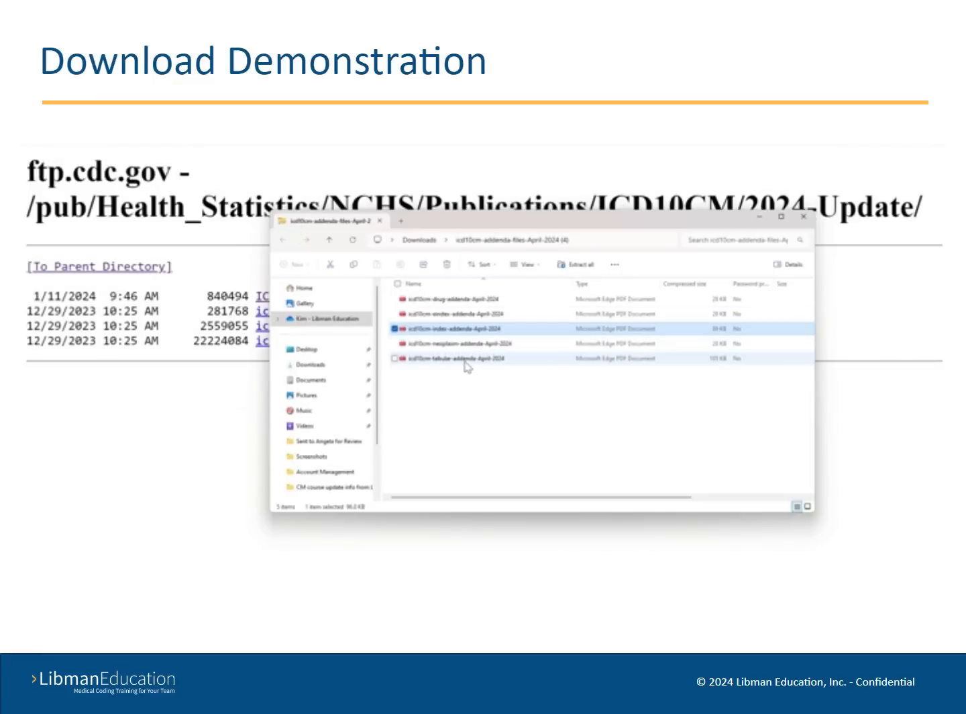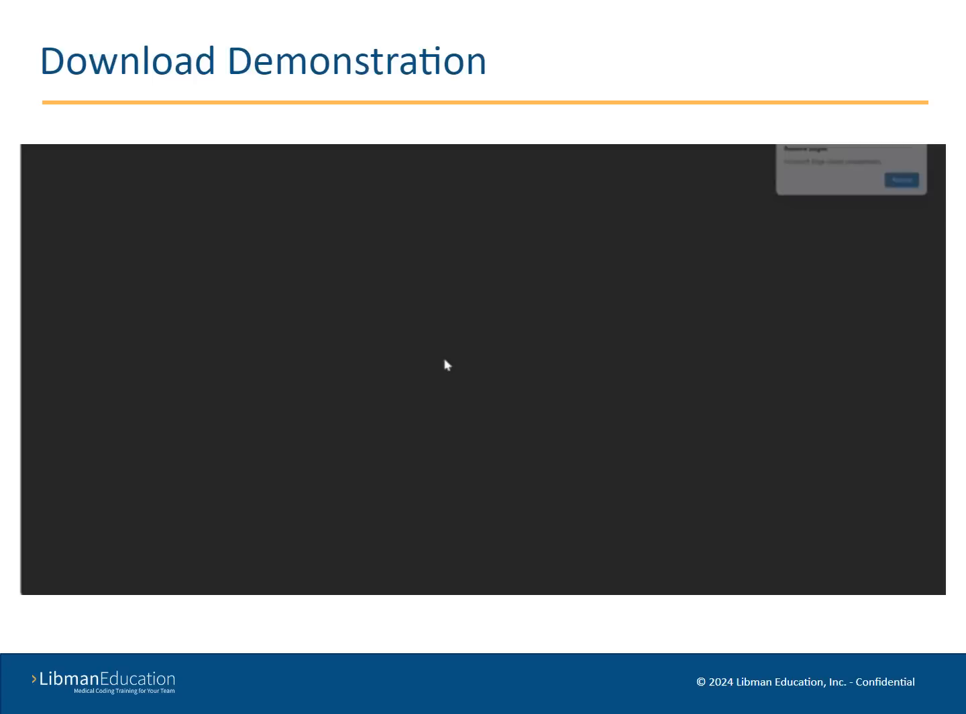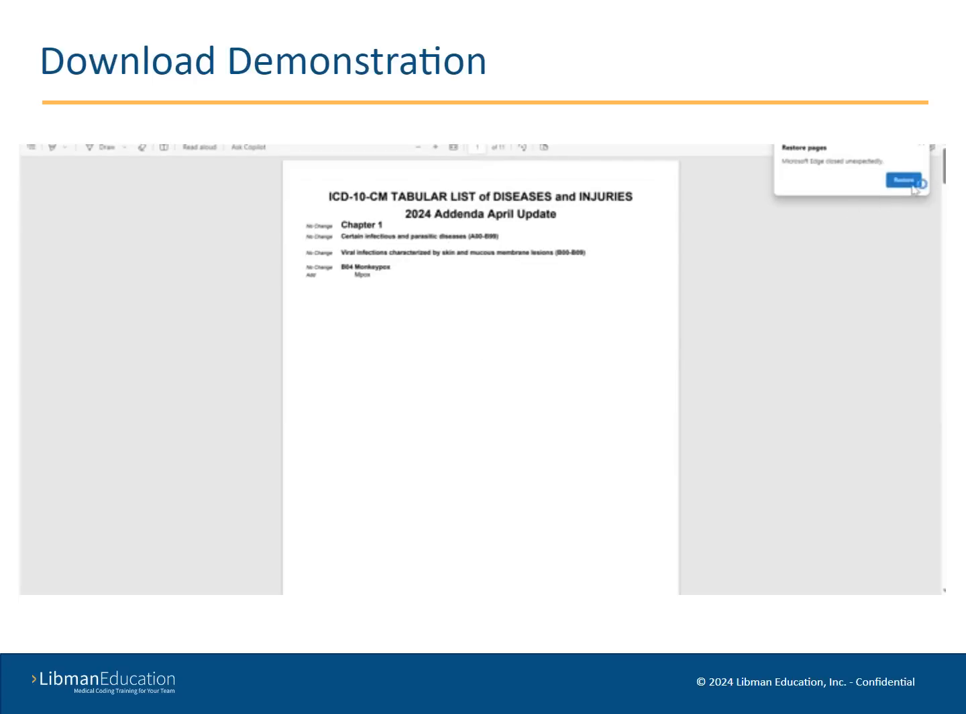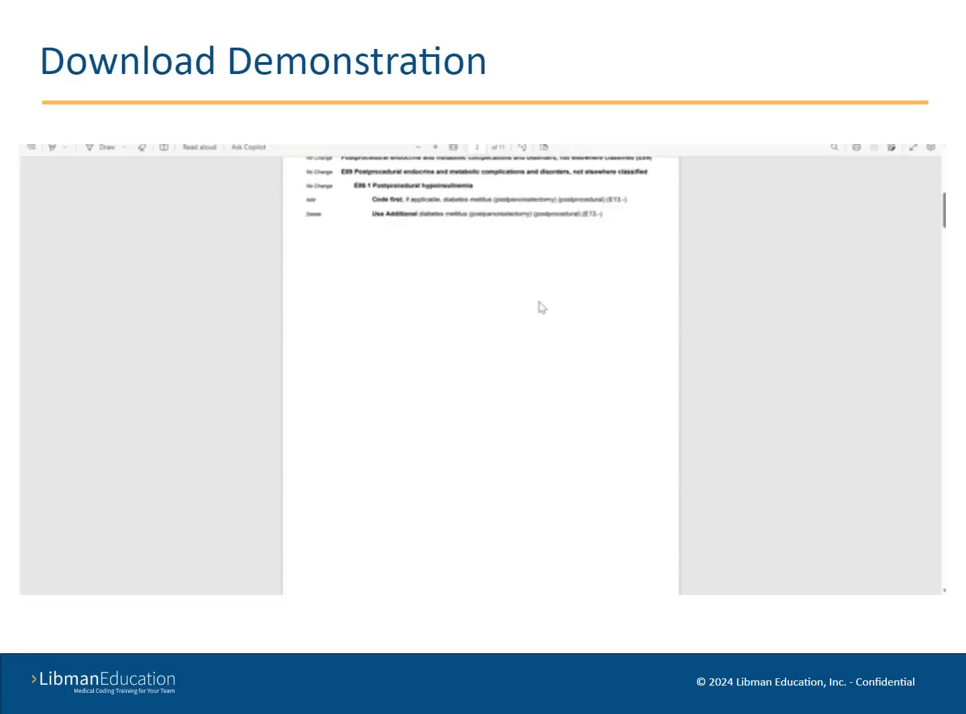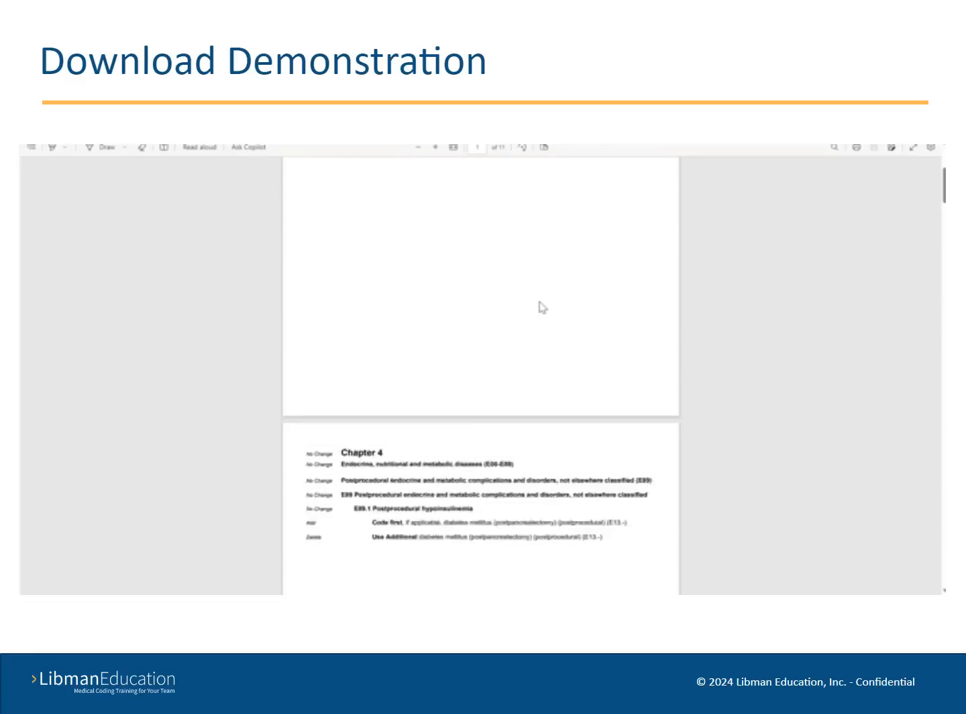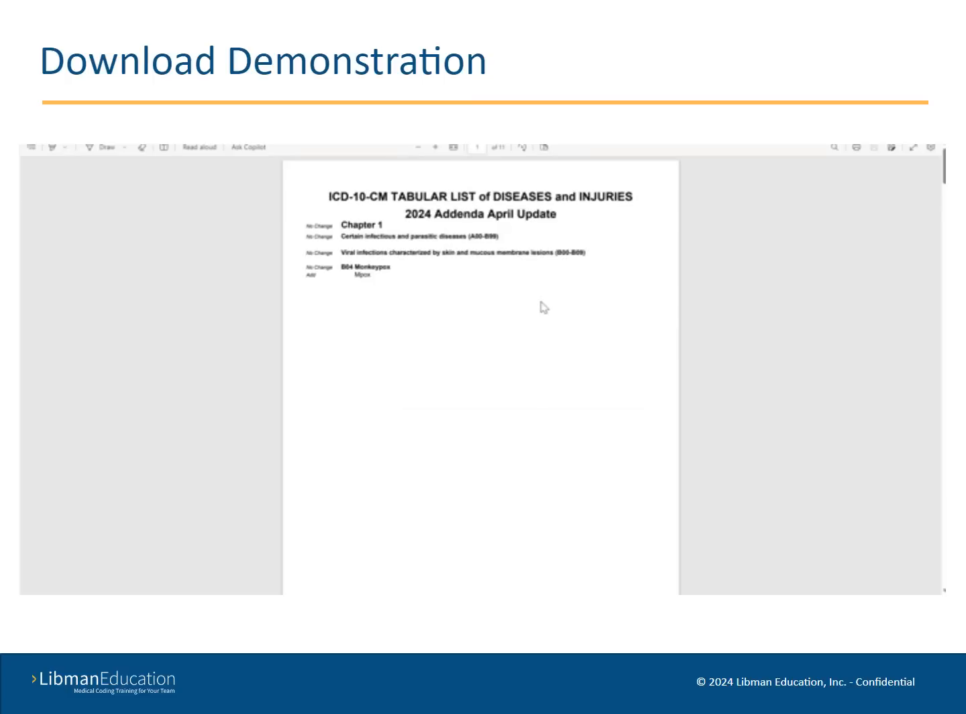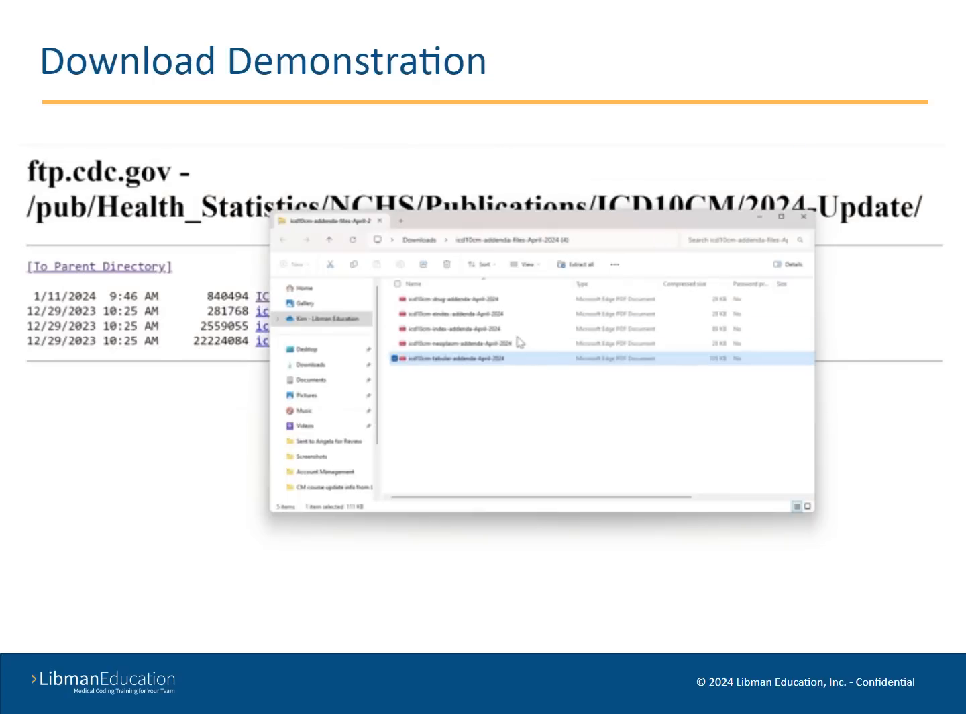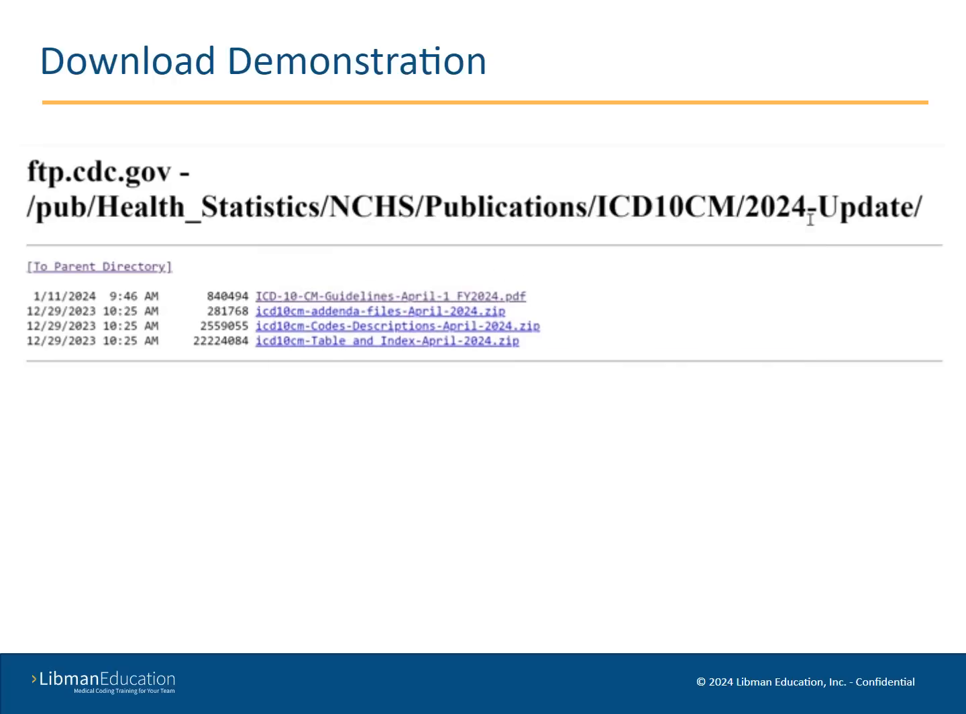If we go back to our zip file, to the tabular, we want to double click on that and open it. It will show you the tabular, and you can scroll through and see the changes that were made. Again, you can save this on your computer or convenient location. Now we can close this zip file,